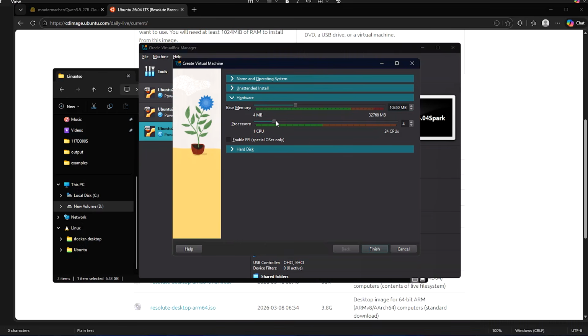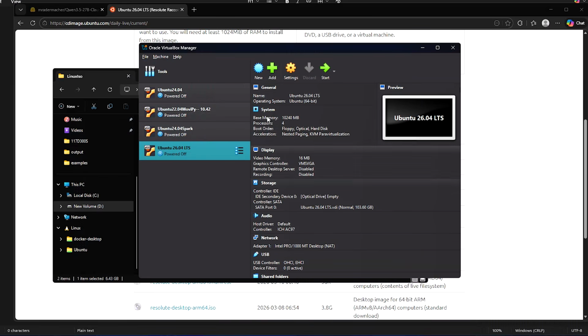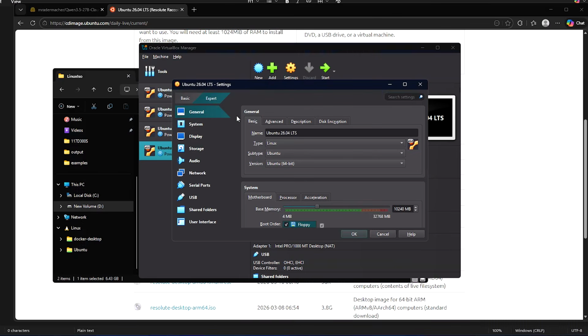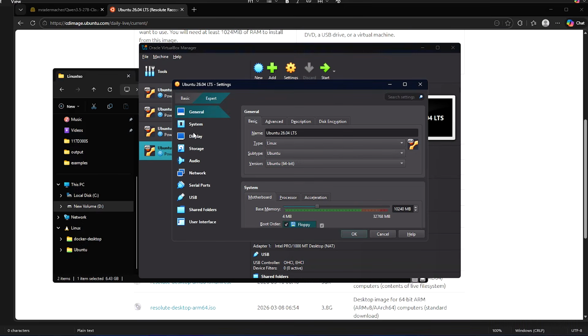CPU I am giving 4, and hard disk is around 100 GB. Click finish. Now go to the settings and select this Ubuntu 26.04 LTS and go